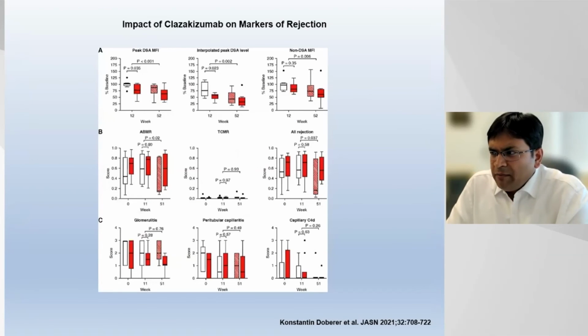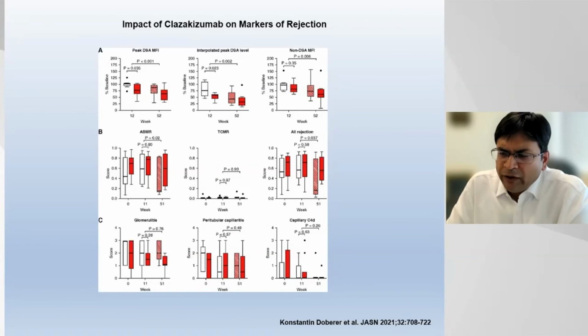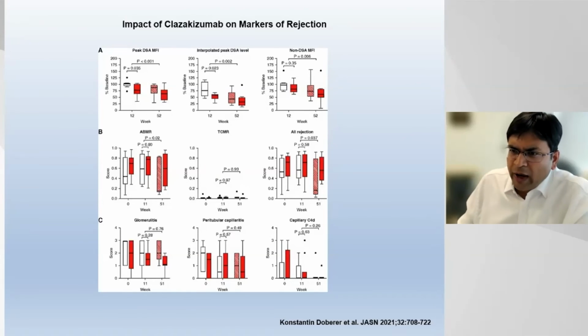When you look at the impact of this on molecular markers of rejection as well as histologic markers, you can see that DSA goes down. To break it down, the transparent white bars are the patients who got clazakizumab, or the striped bars on further follow-up up to 1 year, and the dark red bars are the patients who were in the placebo group. I want to just highlight this one point to you, which is,